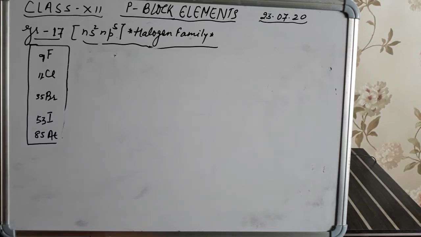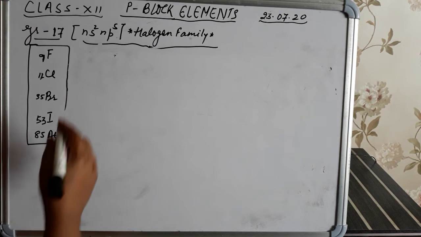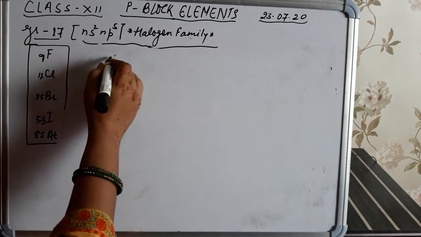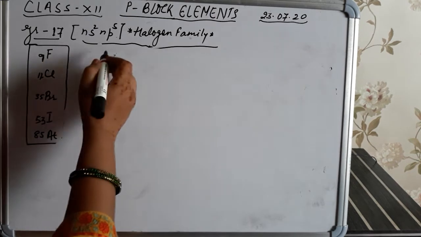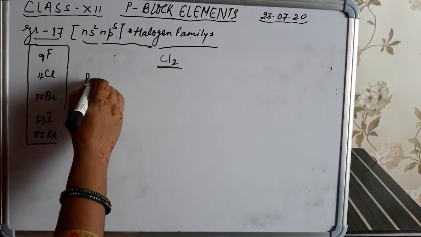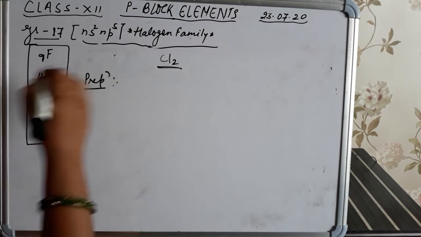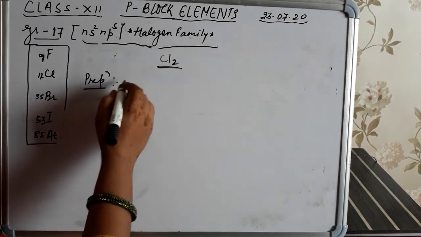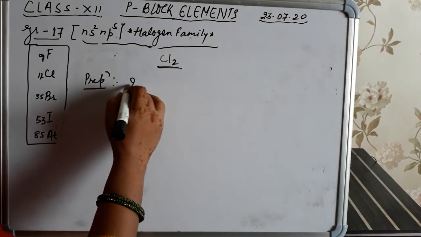Let's discuss the preparation of the family members of group 17, that is chlorine. First we will discuss the preparation and properties of chlorine. Today we will discuss the preparation and properties of chlorine. So at first write down that it can be prepared